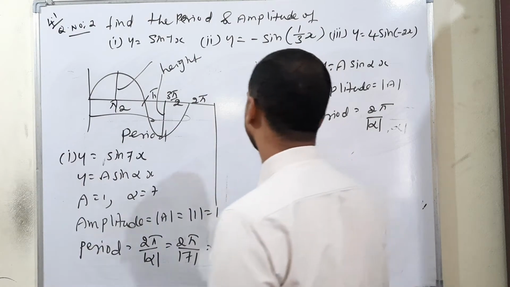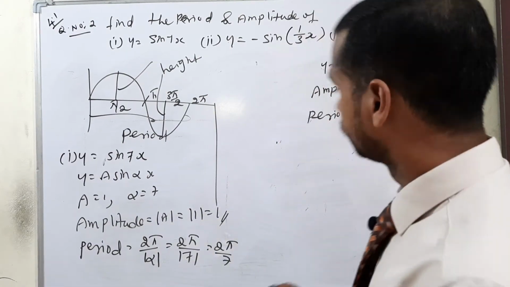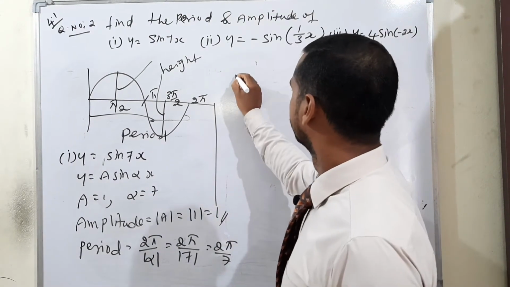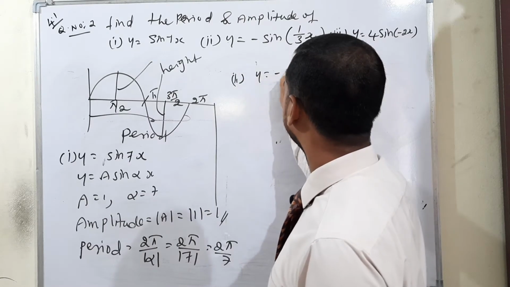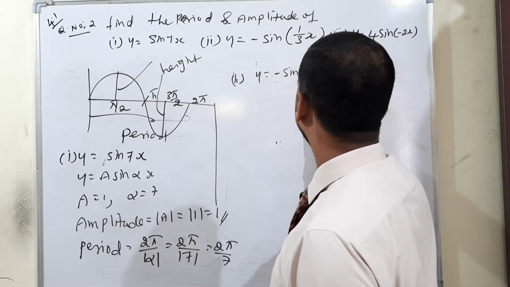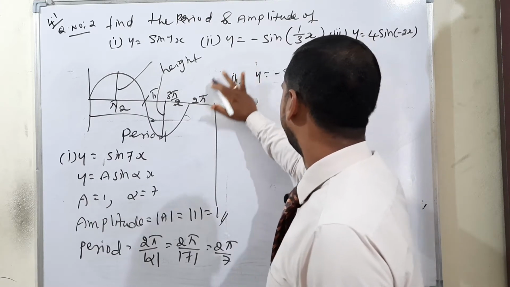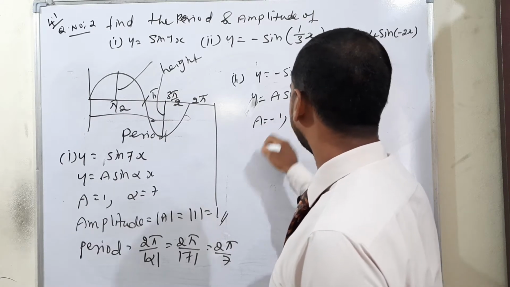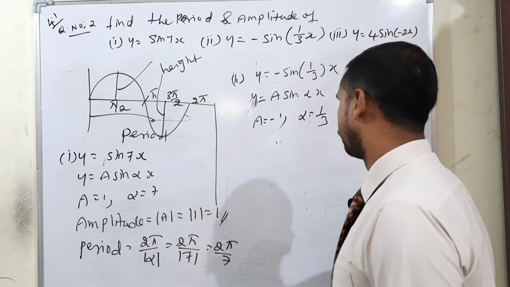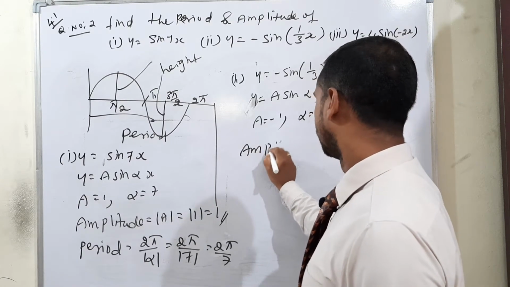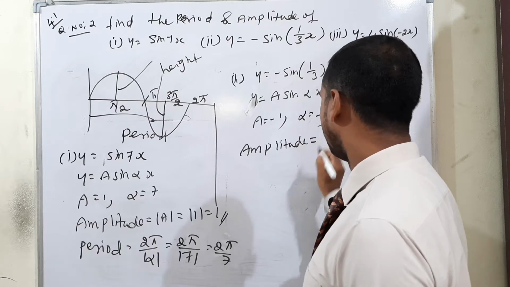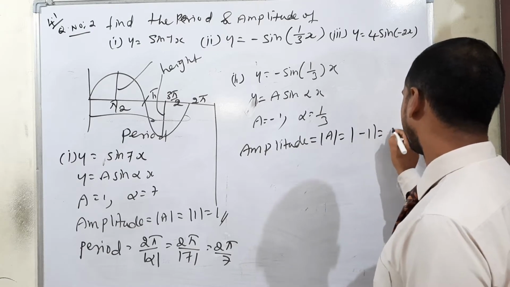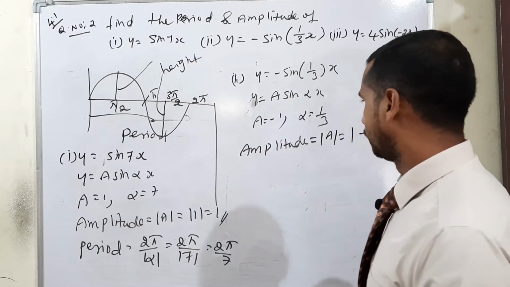Moving to subdivision 2, y is equal to minus sin 1 by 3x. Comparing with y is equal to a sin alpha x, a is equal to minus 1 and alpha is equal to 1 by 3. Amplitude is the modulus of a, and a is minus 1, so we write positive 1 without the modulus. Then the period